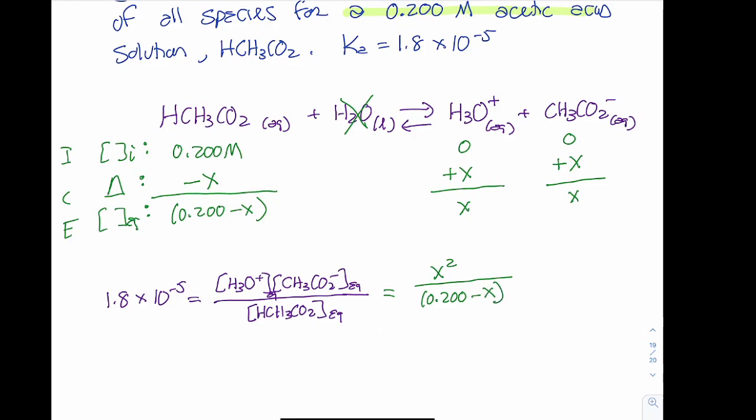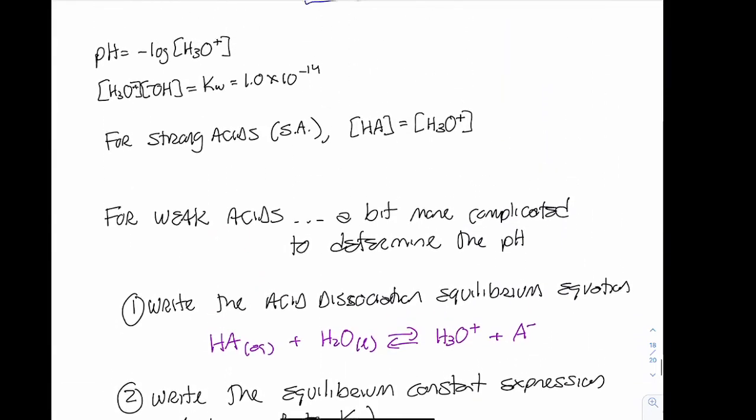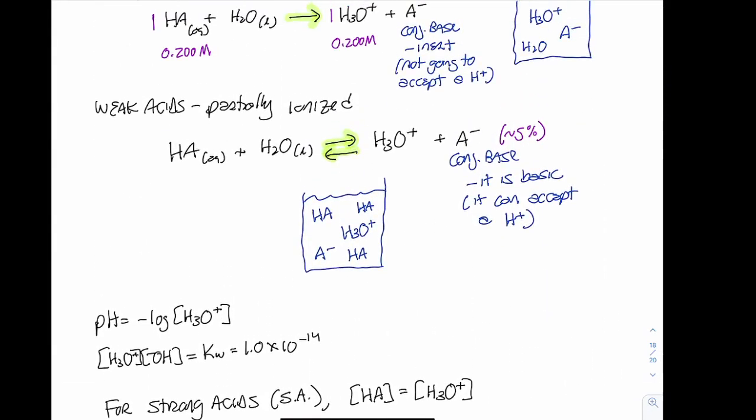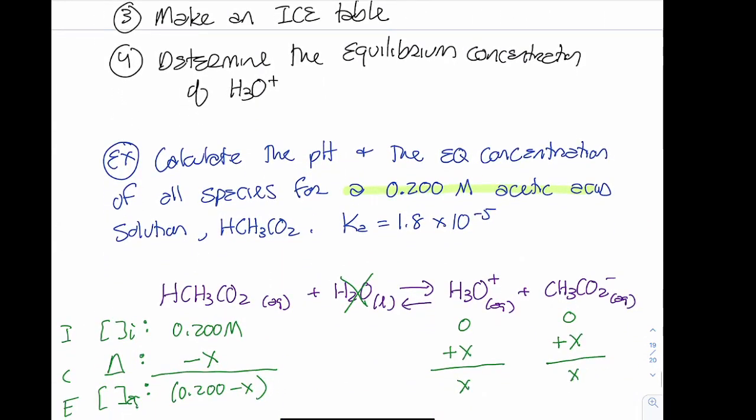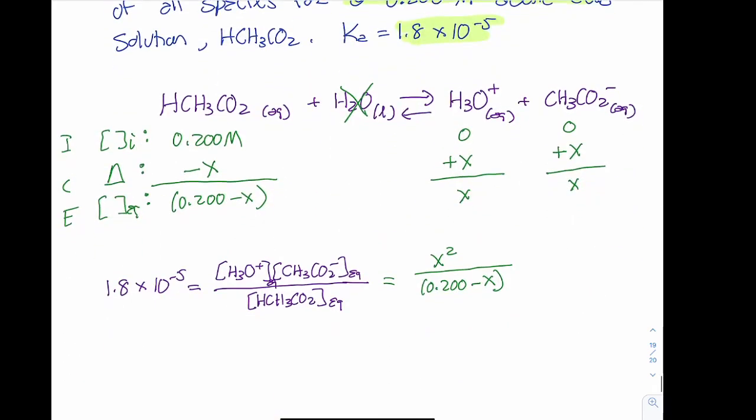And then because we had said, if we go back up somewhere, that only about 5% is ionized. Most of it is in the unionized form. So the amount of products that I have is much less compared to the concentration of reactants, meaning my equilibrium constant is small, right? If I go back here, my equilibrium constant is 10 to the negative fifth. We had said that a small one is less than 10 to the negative third. So because this is small,